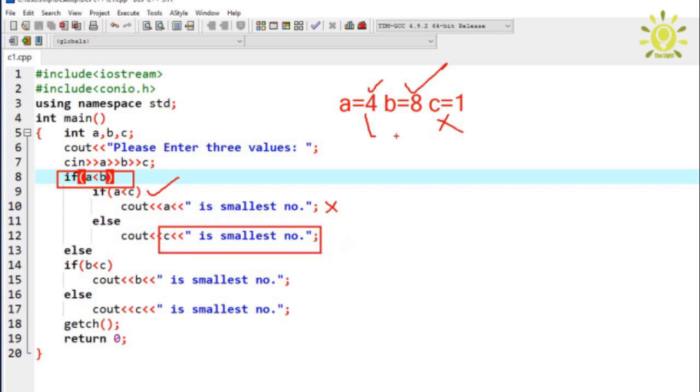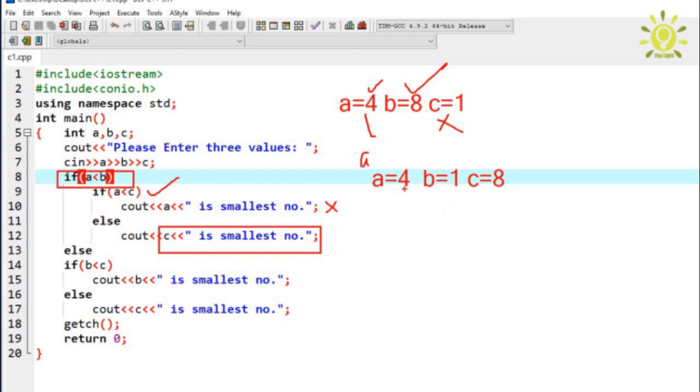Here if the user enters a equal to 4, b equal to 1 and c equal to 8, control moves to the first condition and checks if a less than b.